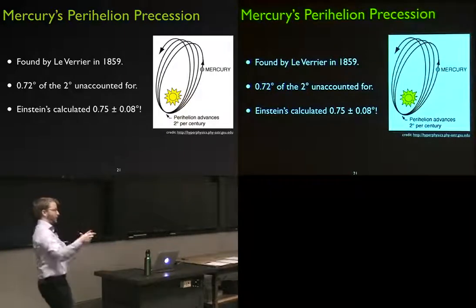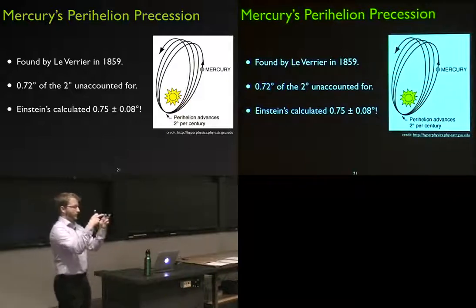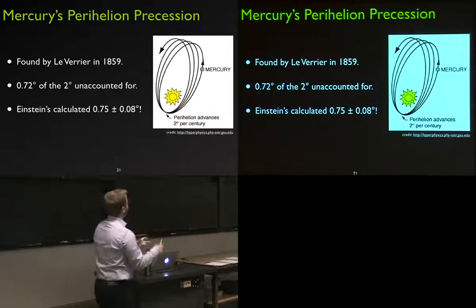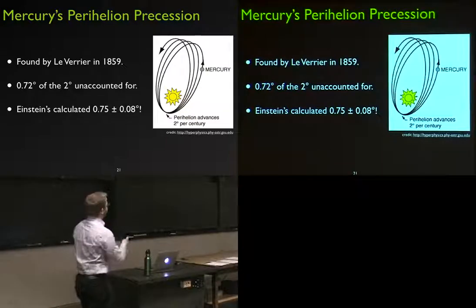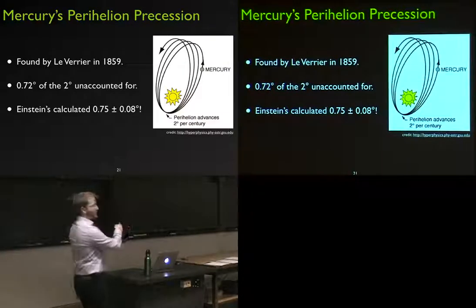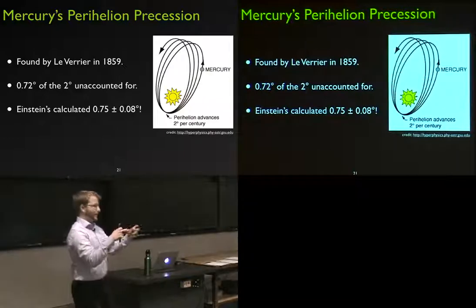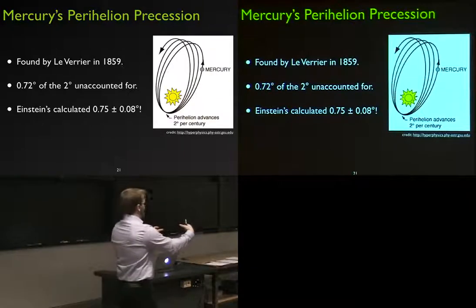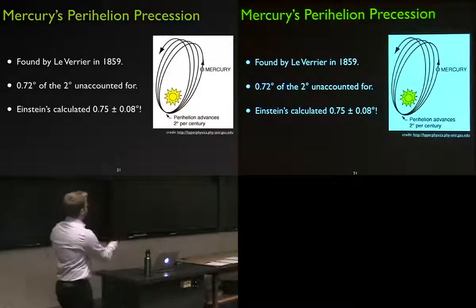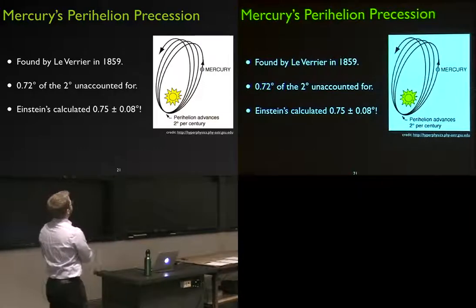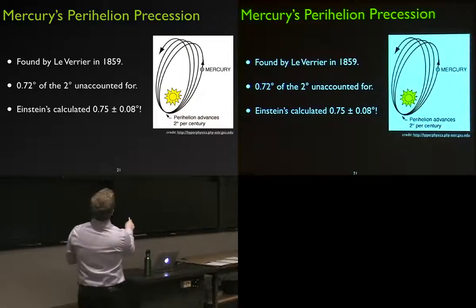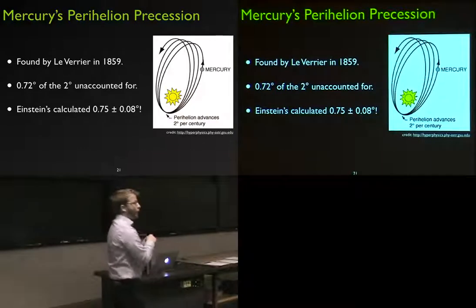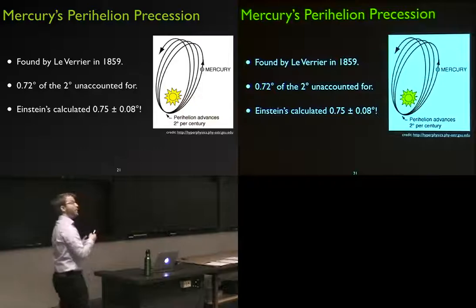It would just be, the planet would be orbiting around there, and that ellipse would stay very stationary with respect to where we were looking at it. But because there's other planets in the solar system, Jupiter's the big bully of the solar system, it can cause some slight changes to that very simple orbit, and it causes that ellipse to slowly rotate over the course of a century. Now, 2 degrees were measured, and specifically 0.72 degrees per century were unaccounted for based on the measurements of the rest of the solar system.